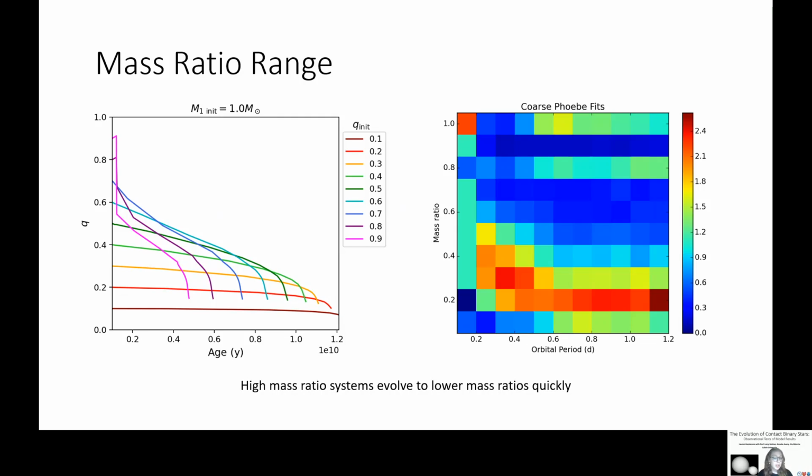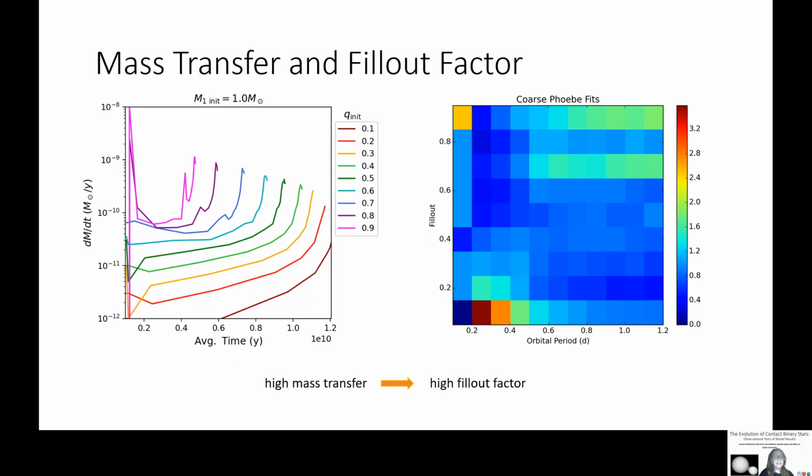The rapid drop in mass ratio for high Q systems is a result of high mass transfer rates early on, which were actually a surprise to us. Though we didn't predict the drop in Q, the results agree with reality and therefore lead us to believe our computational results are reliable. The final result I will discuss is the relationship between mass transfer rates, which we call m-dot,